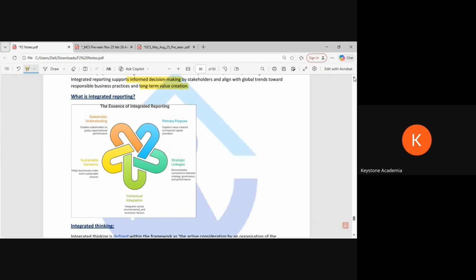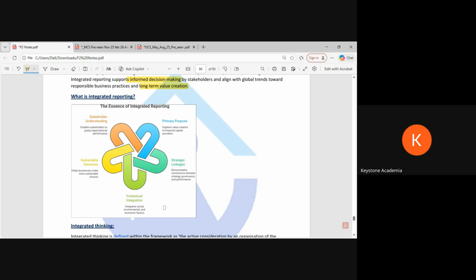So what I was saying is the essence of integrated reporting is to ultimately give a clear picture to the stakeholders. And stakeholder is not just the shareholders, the owners. They must be primary, but other stakeholders should also be considered. Then we should be very clear what is the primary purpose of the business, what values we have promised, what is our mission, vision. Then how we are looking for a sustainable business. Sustainability is not only about the environmental factor. Sustainability is also about sustainable profit, sustainable growth, taking care of jobs of our employees, being a value creator for the society, right?